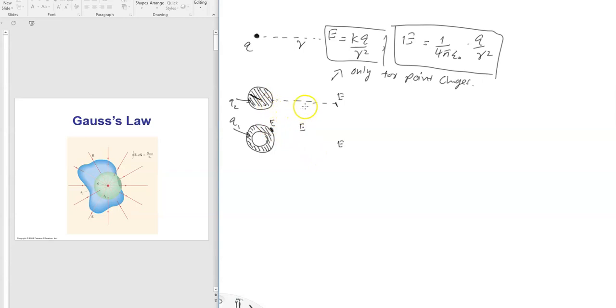We need these kinds of calculations, but the above equation doesn't help. Another example I can think of is a cylinder. It can be a solid cylinder like this. It can be a cylindrical shell, like a hollow cylinder. It's empty inside. When it comes to these kinds of cases, we can use this Gauss law